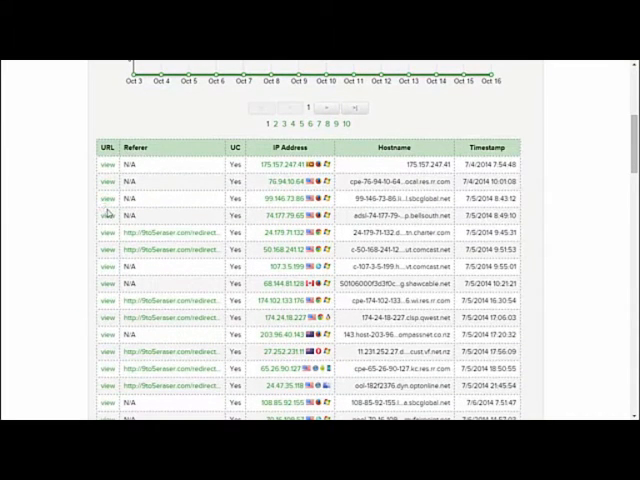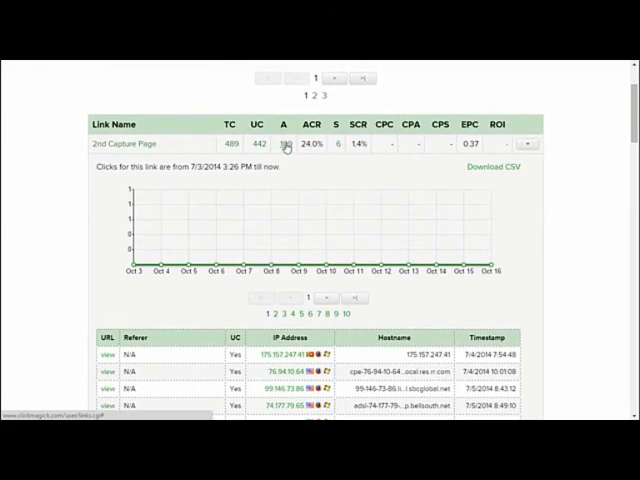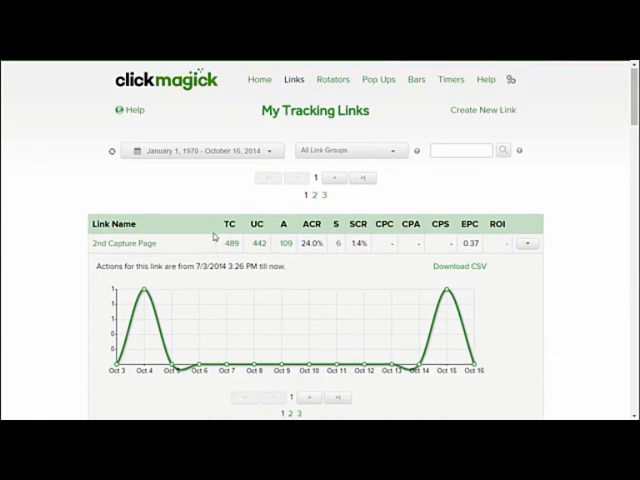This shows you where each and every click came from, whether it was a unique click or not, the IP address and host name, the user's country, browser, and device type, and of course an exact timestamp for the click. If you click the number in the actions column, you can view all the same data for each of your